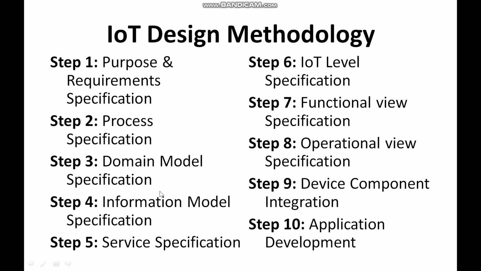And step number 4 is about the information model. So basically the underlying detail about every module. So how does it work, and all those will be handled in the information model. And service specification is the one which tells about, do you want to develop any coding, what kind of coding will you require, how many modules do you need to develop. So that will be offered as services.